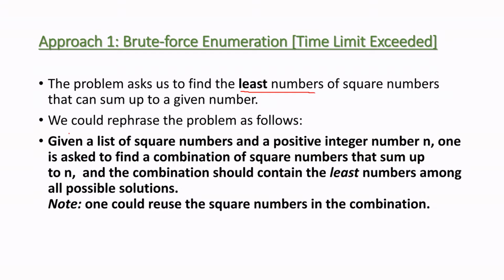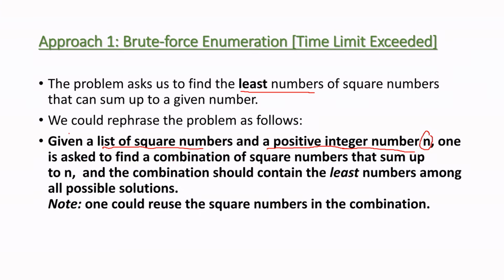What we have to find? The least number of square numbers that can sum up to a given number. So we could restate the problem as well: given a list of square numbers and a positive integer. What is it saying? We have a list of square numbers and a given positive number, called n. One is asked to find the